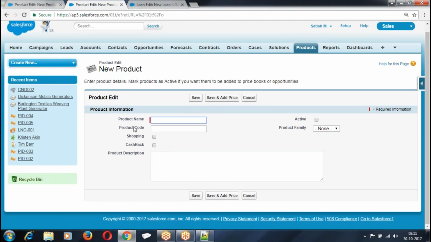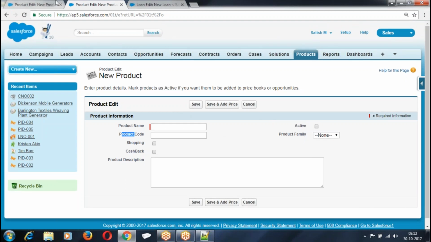Now things are set, but I don't want to say it's a product name. I want to say card name. Card name, Visa Gold or Visa type. What is the card name? Card name I want to give, card type I want to give, and I want to change it. So what happened? Fields are okay, but labels are not okay for me. So I want to change the label names. So what I have done? In the existing field, if I want to add any extra option, I made it. In the existing fields, what are the extra options I want to add? I can add it. If I want to create a custom fields, I have created.